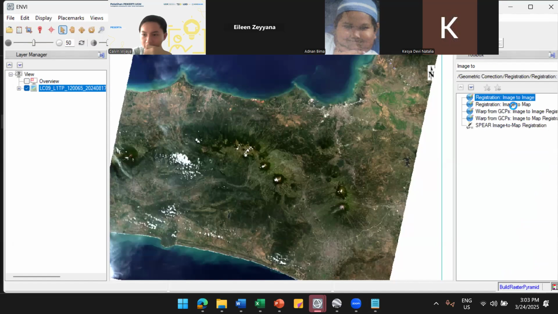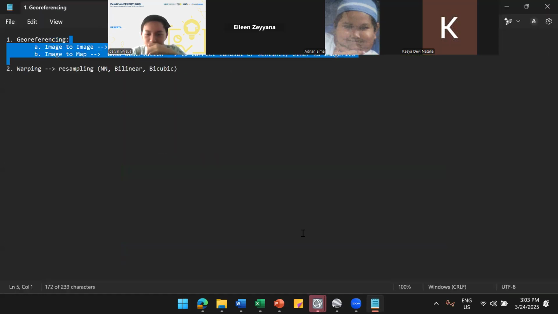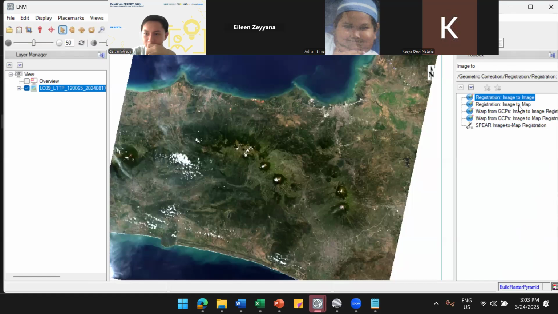Ah, this one, image to map. So in ENVI, there are two types of registration, as I said before: image to image and image to map. For image to image, you need to have at least two images. The one that you treat as the most accurate one, and the second one is the image you need to correct. We use this one, image to map.